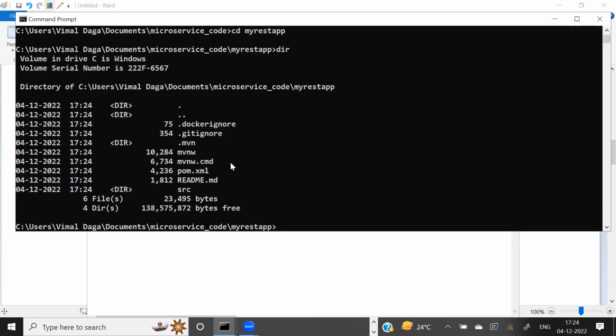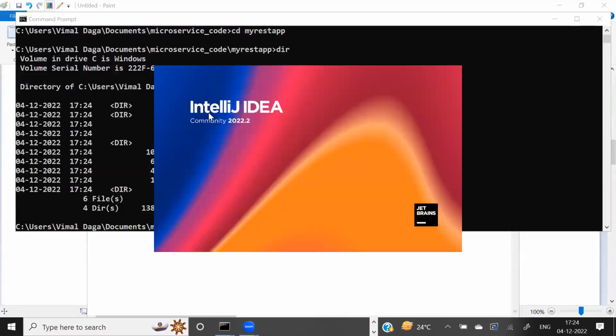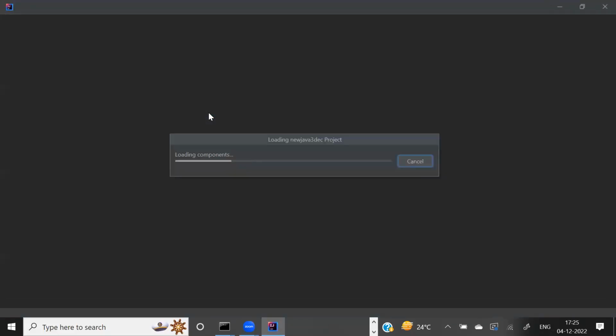Okay, so we will do a lot of integration with Docker and other container technology, cloud, and 100 more things. It gives you presets, so integration would be so simple. Okay, but working directly with this code is very hard. So I'm going to use IntelliJ as the IDE, or you can use Eclipse and Visual Studio Code also to work on this project. So let me load this project.